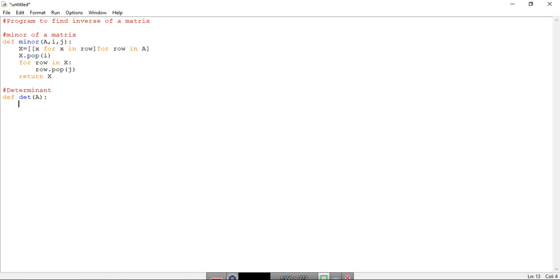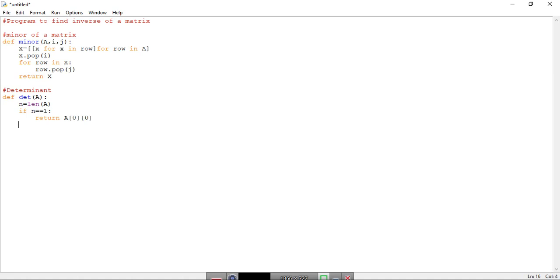For the determinant of A, let us first define n equals length of A, whatever vectors we have in A. If n equals 1, we will directly return the very first element, that is a[0][0]. And remember, in Python we start from 0, not from 1.